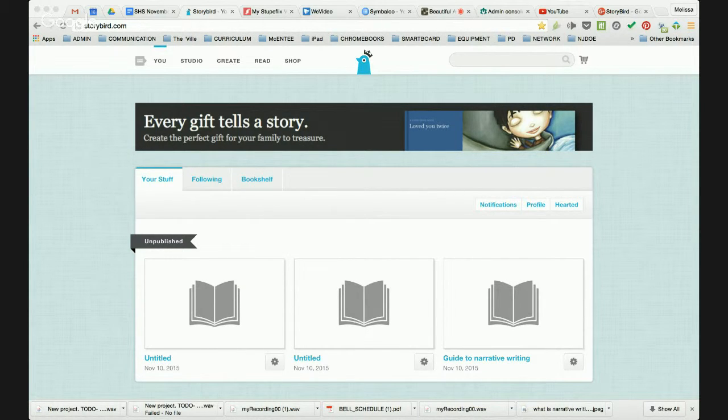Hi, in this lesson, I'm going to show you how to use StoryBird to create a story with pictures and text, all of your very own. So the first thing I'm going to do is select Create up at the top after logging into StoryBird.com. So I click Create,